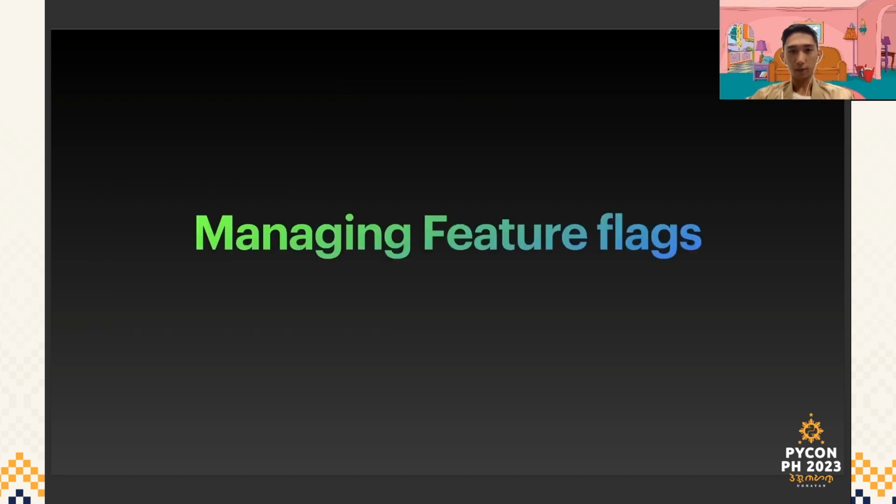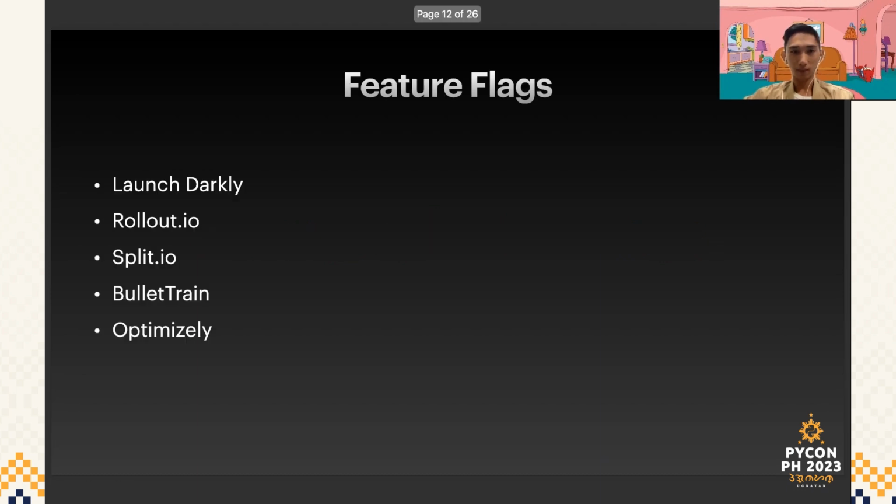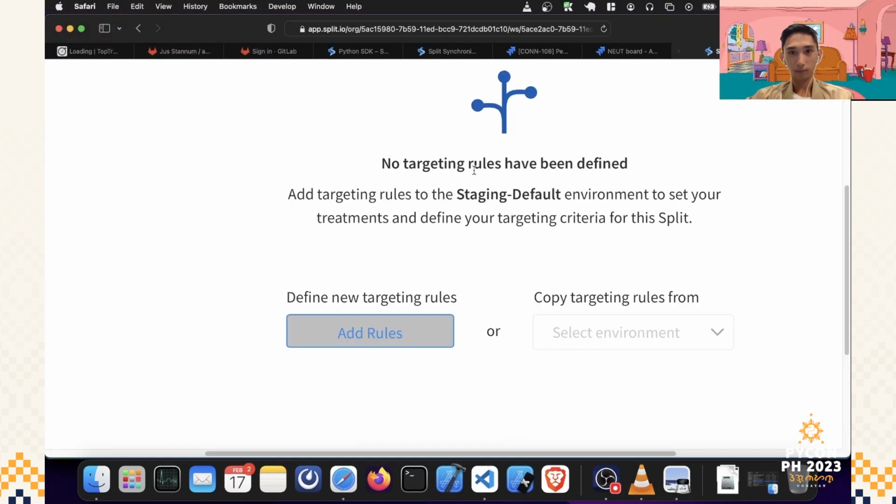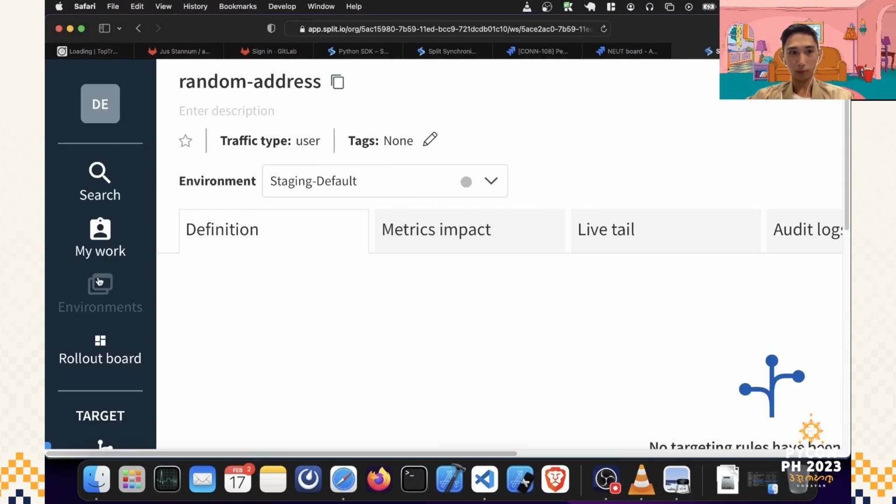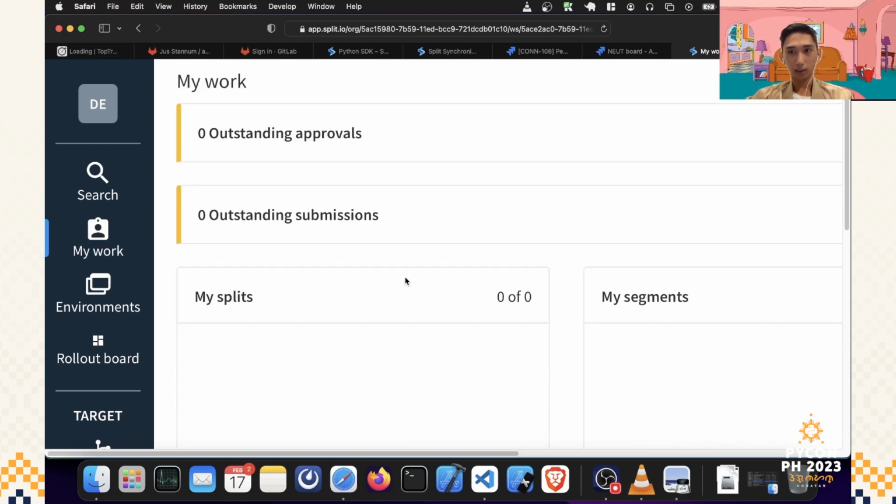So next we have managing feature flags. We can use different management tools, but for this one, I'm going to use split.io, since this is the one that I found easier to register and also provides a free account. So let's go ahead with the split.io dashboard. So here is the dashboard,